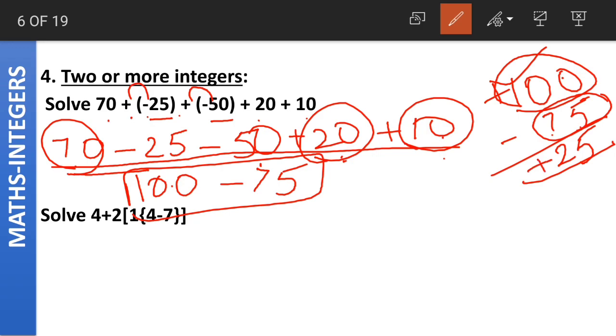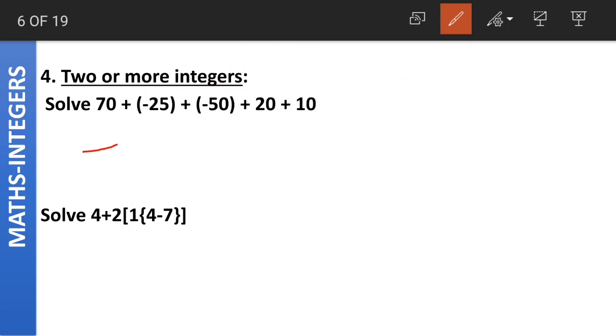Is it clear? What did we do? First we solved the positive integers and then we solved the negative integers. Then we combined both the results and we got the answer as plus 25 or 25. Clear, class? The next question is 4 plus 2